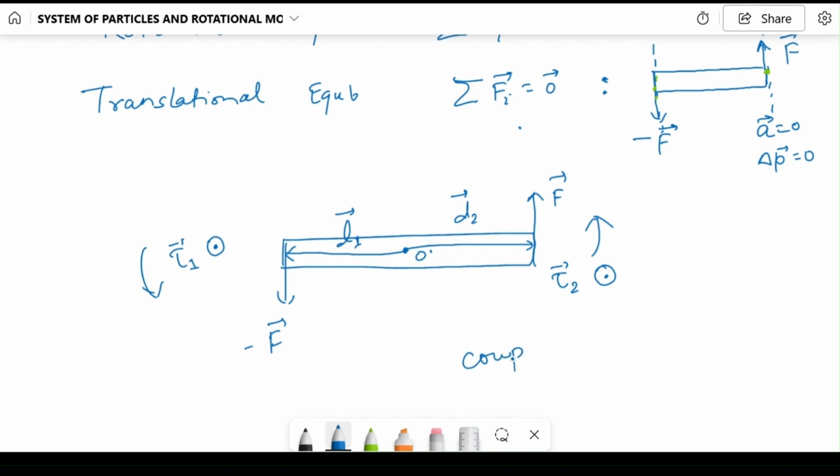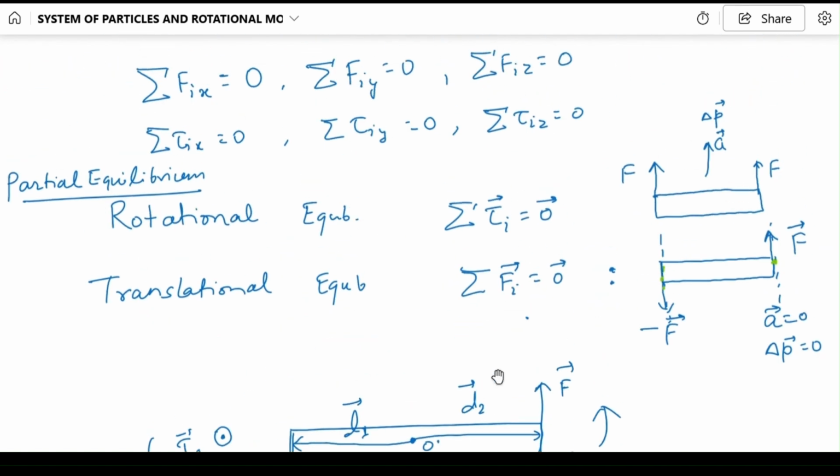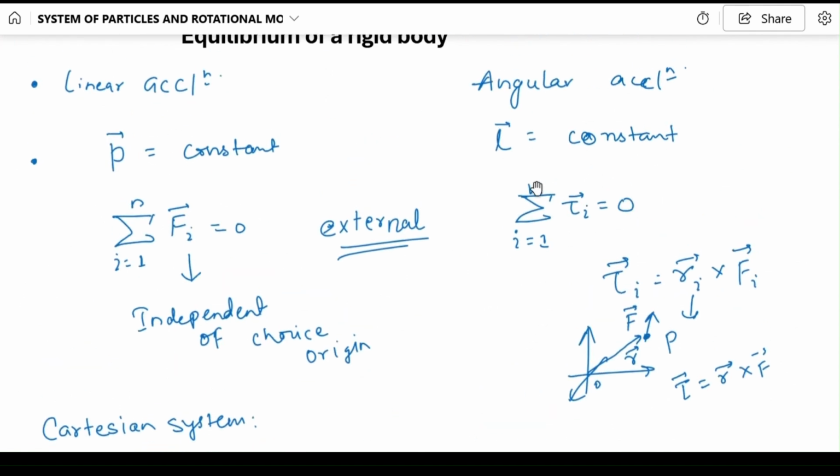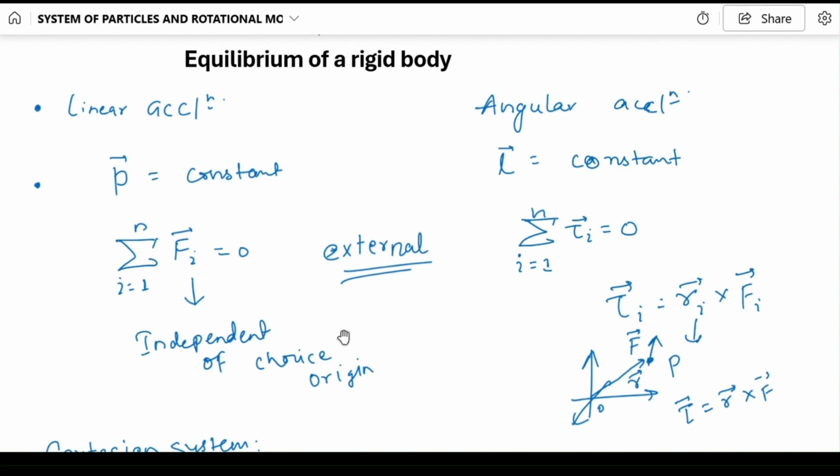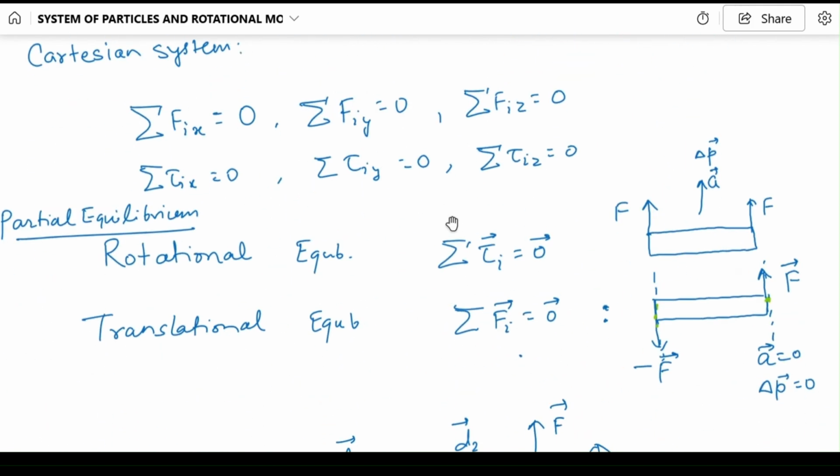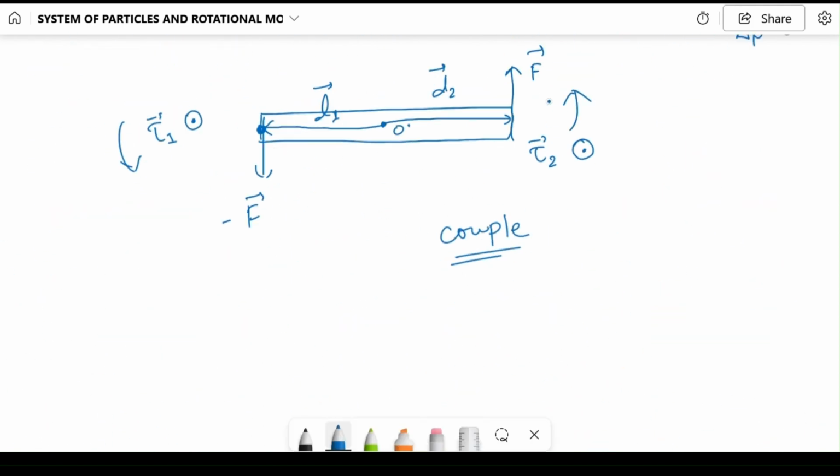So in this case, we can say couple. Now, let's get back to the question we have raised here: whether the net torque in case of a rigid body will be independent of choice of origin or not. So we are going to discuss this thing. Okay, let's continue with this particular scene and I'm redrawing it